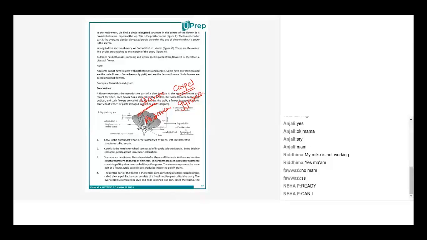Gynoecium is also known as pistil, correct? It is also known as carpel, or pistil. Okay. So basically what they want to say is that here in the carpel, in the pistil, or in the